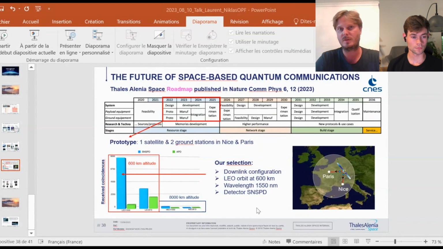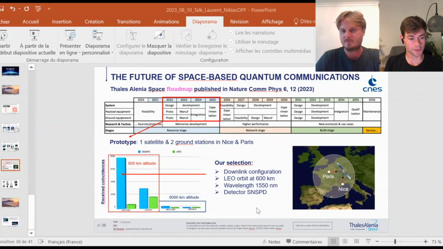And there is also a problem coming from the atmosphere. In fact, the worst that you can do is to send light from ground to space, because you have turbulence effects, particularly during daylight. And the turbulence is an impairment that disturbs the line of sight. So when you target the satellite, you have a deviation of the light due to the turbulence, and this deviation is worse from ground to space than from space to ground.